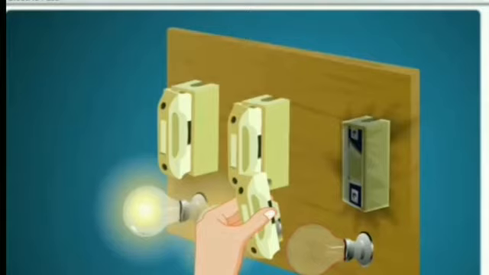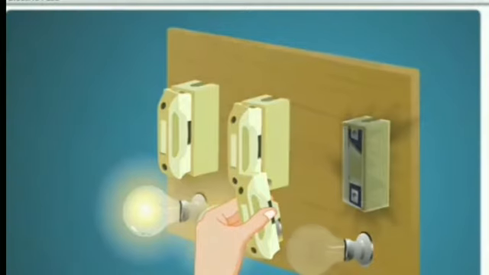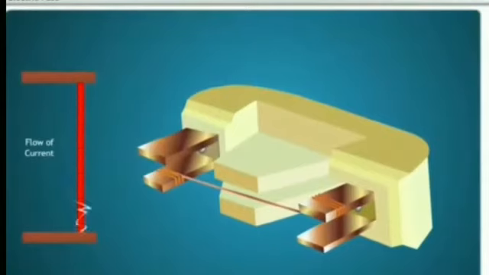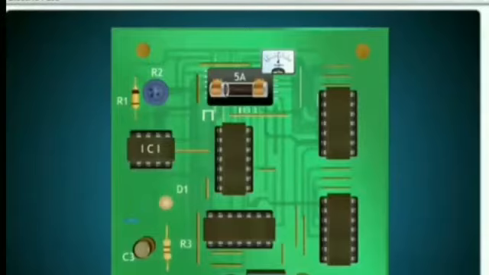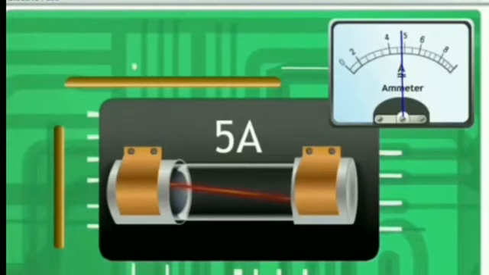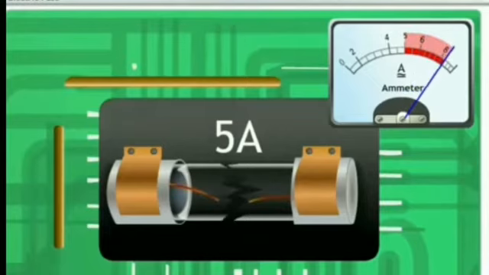If it exceeds the limit during the voltage fluctuations and the current becomes too strong for the wire to withstand, it melts and breaks the circuit. This cuts the supply of electricity. Electrical fuses are rated according to the current they can withstand. If a fuse is rated with 5 ampere, it can only withstand a current of maximum 5 amperes. If it exceeds 5 ampere, then it melts and breaks the circuit, thereby safeguarding the devices.